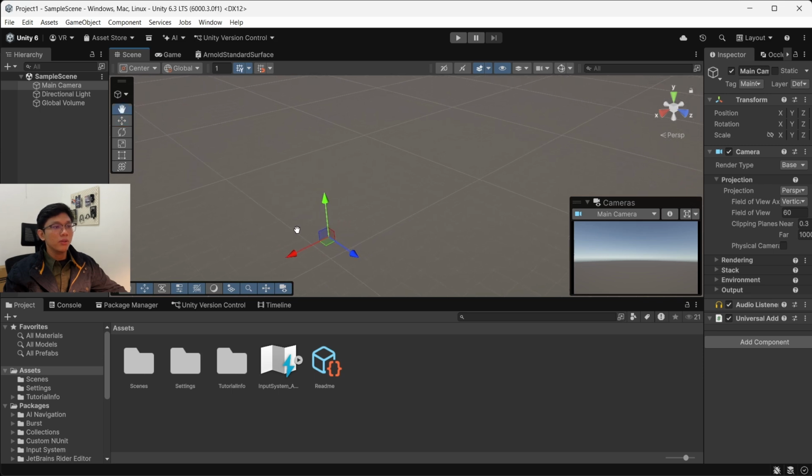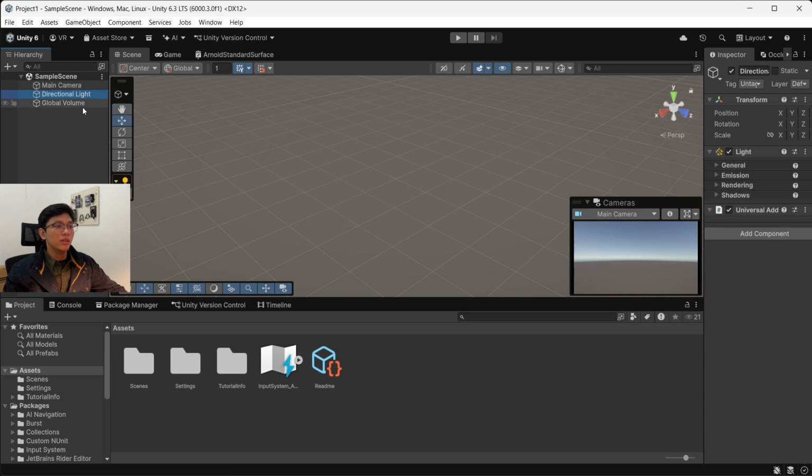The camera component controls the field of view, clipping planes, and display mode. The transform component determines the camera's position and direction. Only active cameras will render the game view.